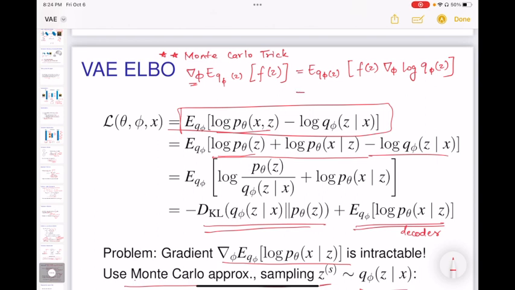Now this, based on the Monte Carlo trick, can be approximated as 1 by L, where L is the number of z's that you sample for this approximation. Because this approximation is based on sampling, you do Monte Carlo sampling of L different values of z, and then compute this as an approximation over those discrete values, right? So this is just a summation, 1 over L, of f of z, and then compute the gradient